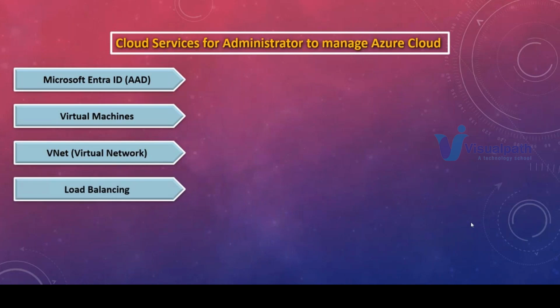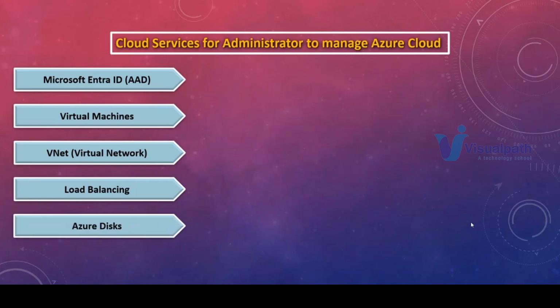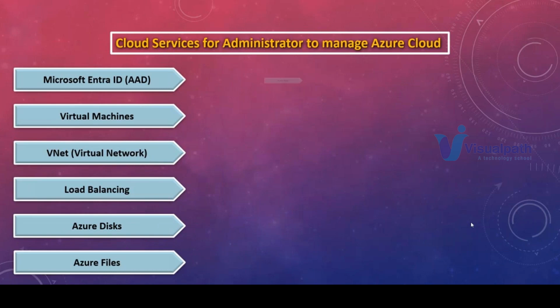And then we'll be learning about load balancer, which is to split the traffic across the servers in the backend. And then Azure Disk for storage, and Azure Files, this is also for storage, and Blob storage. These three come under the storage part. I will tell you there are two different types of storages. Does anyone know what that is? There are two types of storages you might be using in your laptop, mobile, and everywhere.